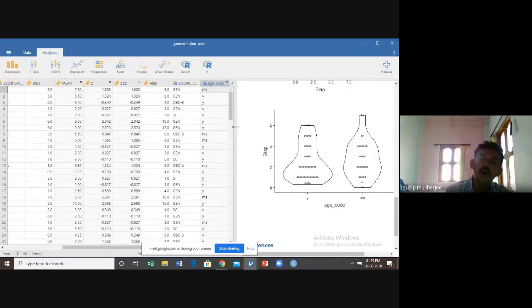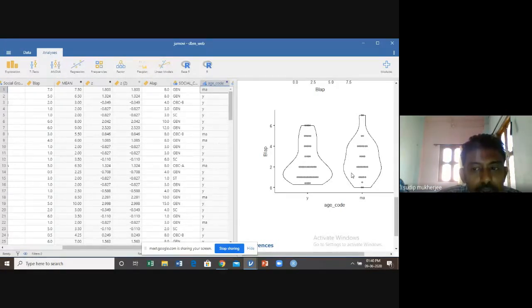So now, what is our objective? Our objective is, from the diagram we already showed you, that age-code-wise the nature of the distribution is different. That means we try to find out if there is any significant difference in computer usage before lockdown with respect to the age group.